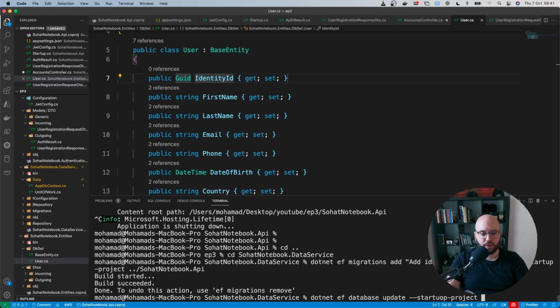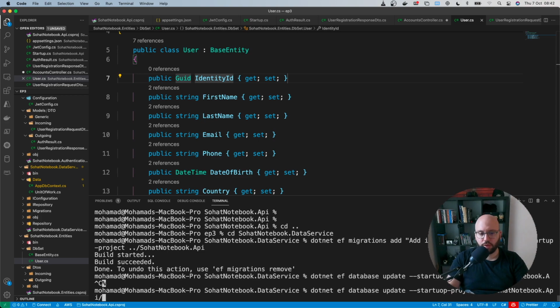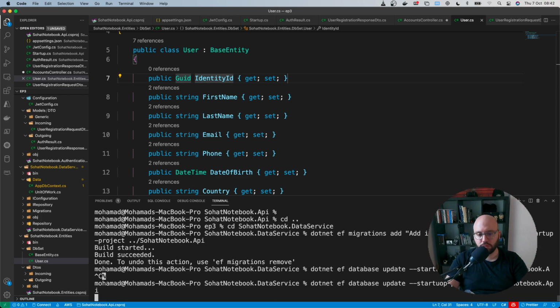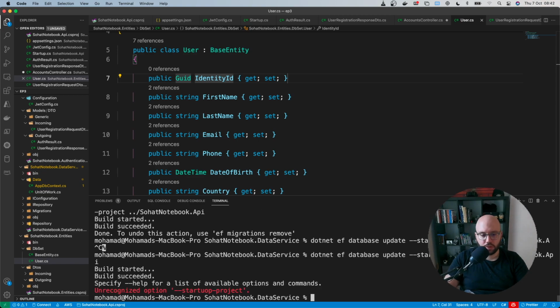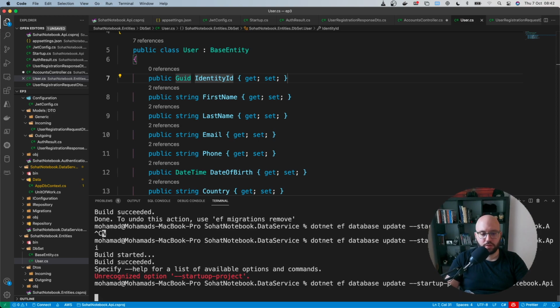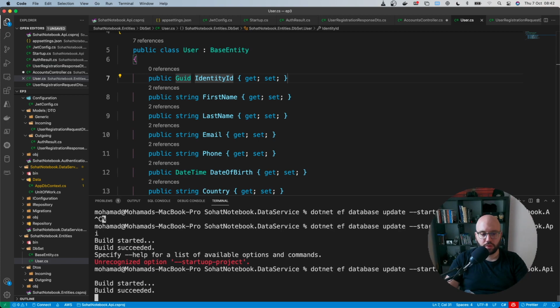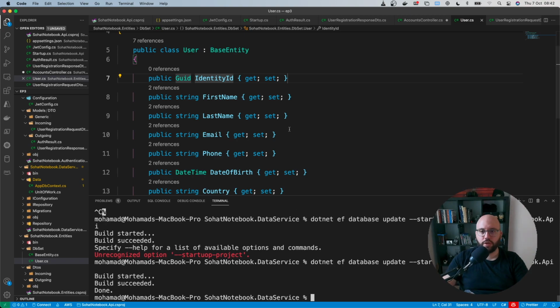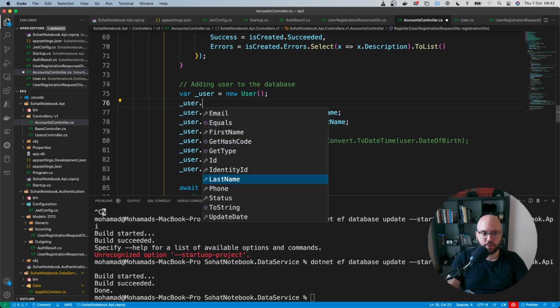It's gonna be similar to notebook.api. No, it's gonna be API. Okay. Oh, startup project is wrong. Okay. Perfect. Now what we can do here is we can actually directly link that user, so we can put user.identity